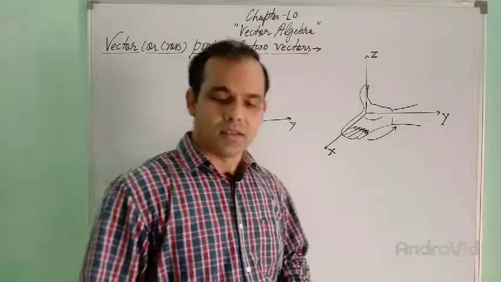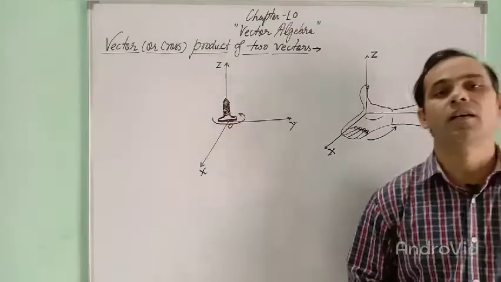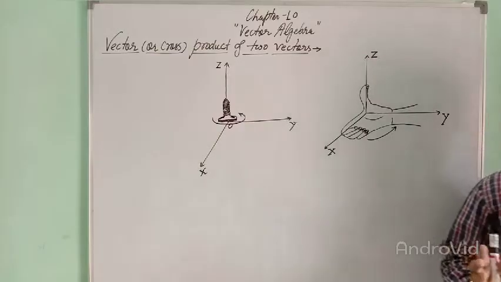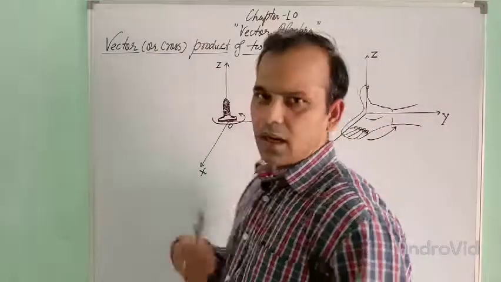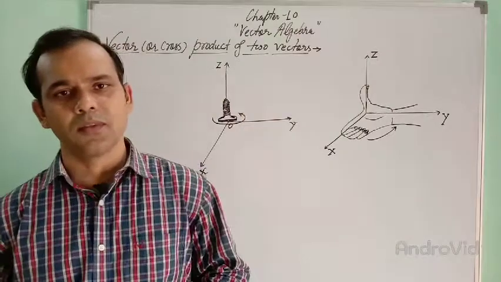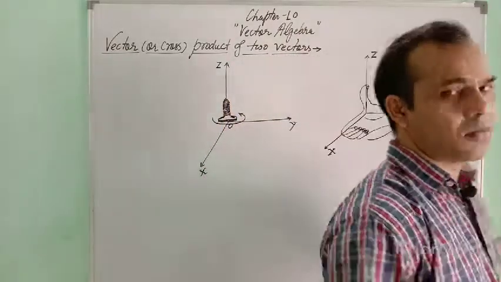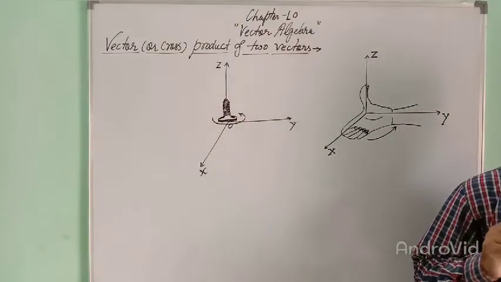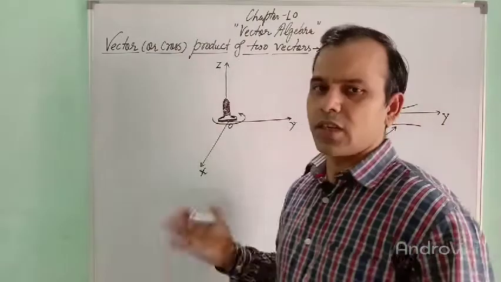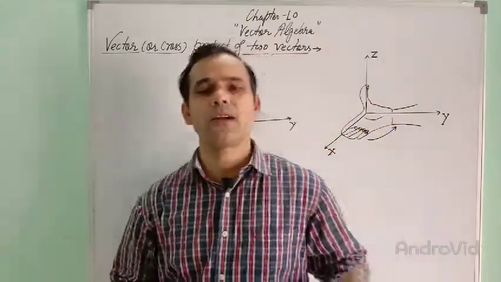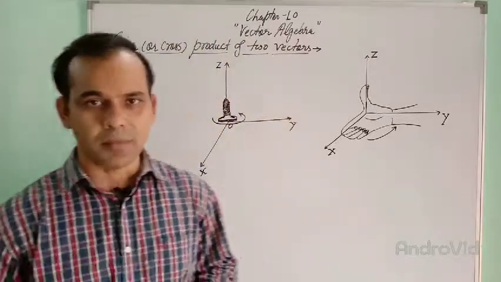So dear students, we are talking about the vector product of two vectors now. The vectors are multiplied in two ways. One is the dot product and the other is the cross product. In the earlier video we discussed the dot product of two vectors, that is a vector dot b vector equal to ab cos theta. Now I am going to discuss the cross product of two vectors, that is a cross b,